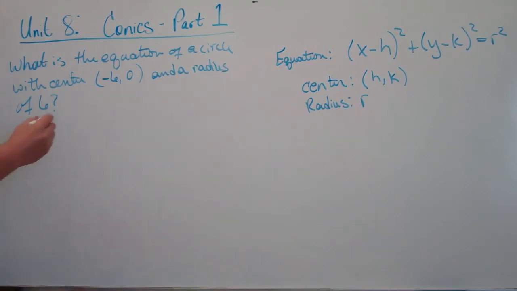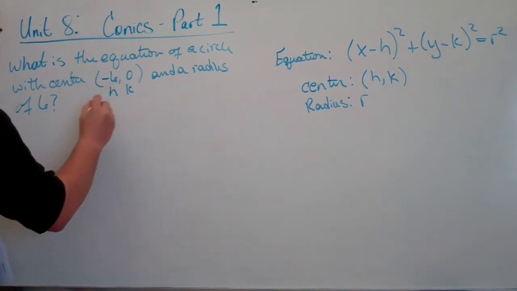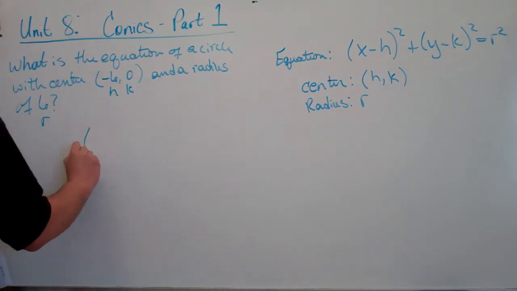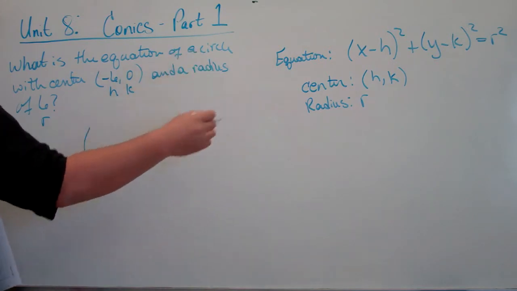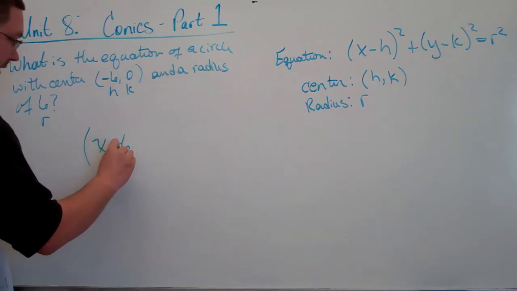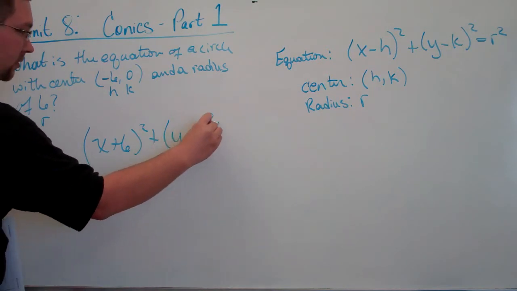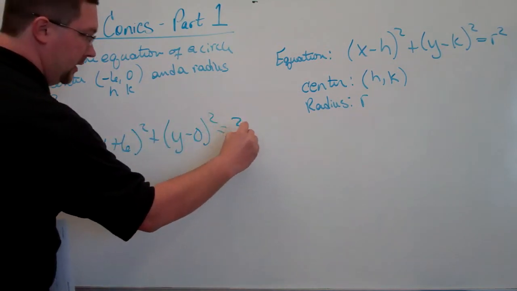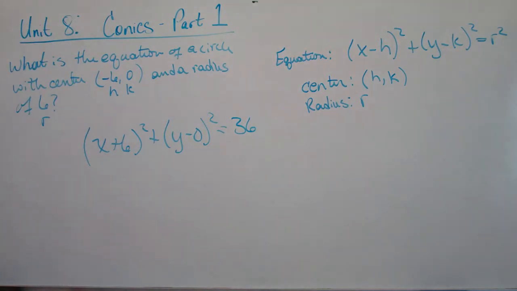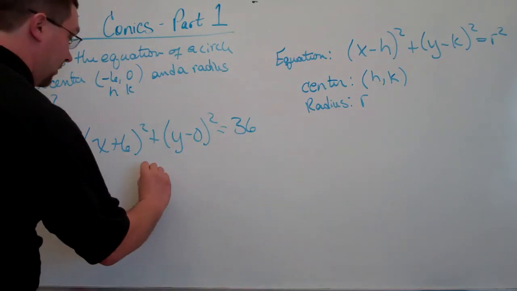Alright, so we know this is h, this is k, this is r. So let's fill out our formula. X minus h, so (x + 6)² plus (y - 0)² equals 36. If you wrote that, you're correct, but it's not written 100% correct. Alright? What I would like, or better,